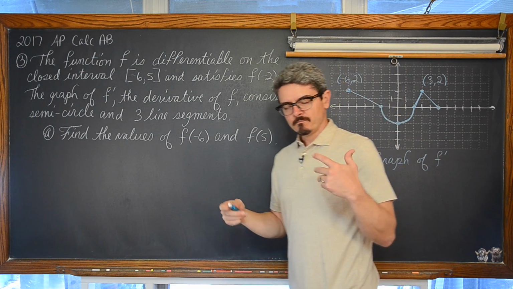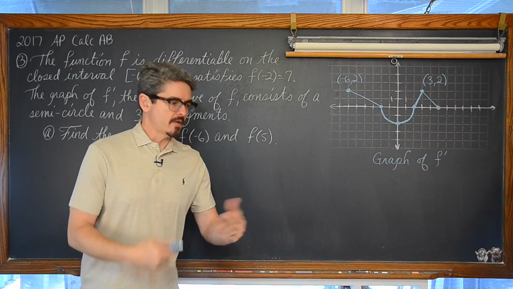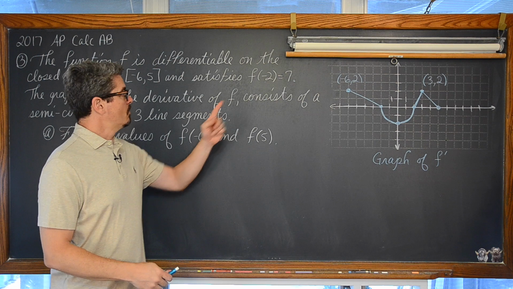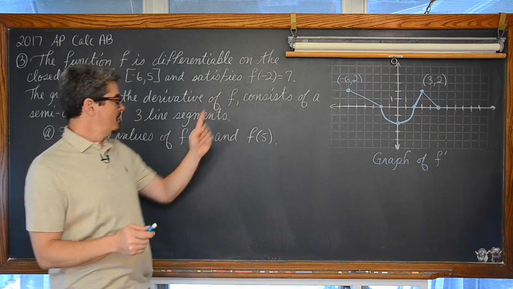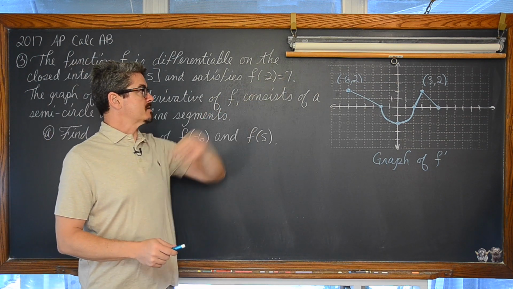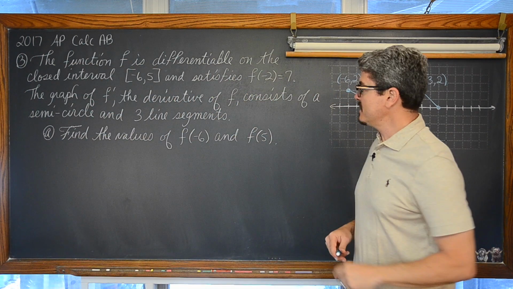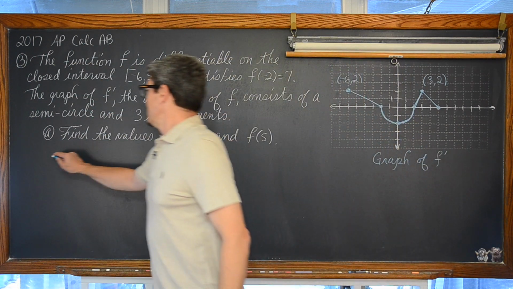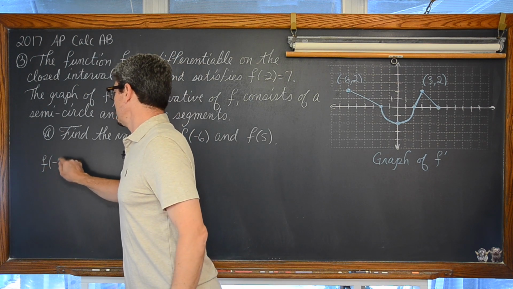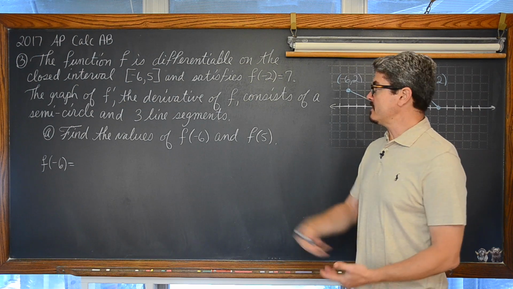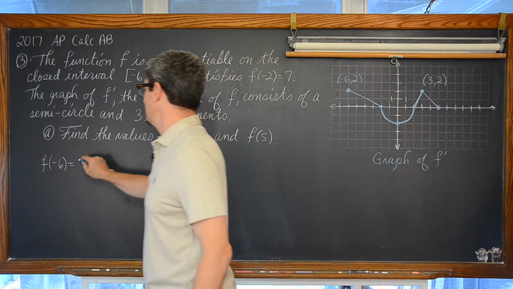So it's kind of like using the GPS on your phone. Hey, I want to go here. The first thing it's going to figure out is, where are you at? And then it'll tell you where you're going. Where are you at when x is -2? It's 7. You're going to use that fact to help you figure out where f is at -6. So f of -6 is going to be equal to the only value that you know, which is f of -2,